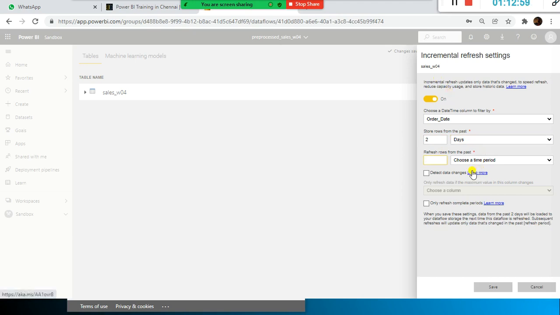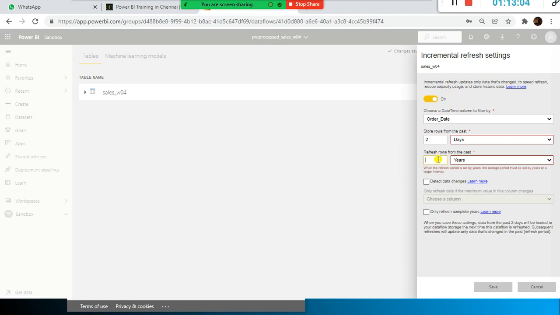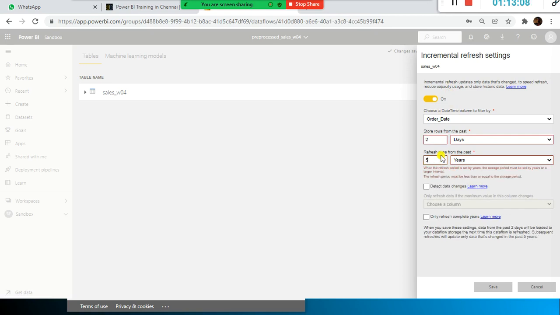I need to refresh rows from the past, last 2, this is kind of 5 years, something like that. It will be set by years. The storage period must be set by years or a larger interval.